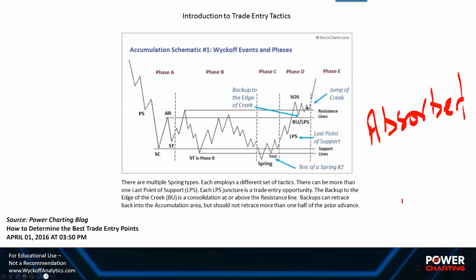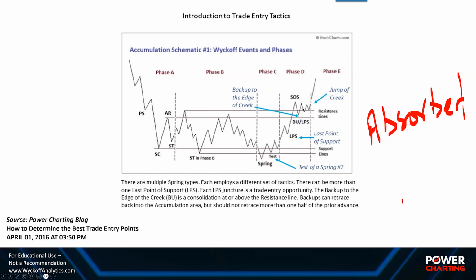And then the inability to have a big, deep reaction back into the structure after this strength is a very important tape reading clue that this is an absorbed stock that now is in the very strongest hands. Difficult to buy in quantity for institutions, and so they will start to buy on the way up. The composite operator types have been systematically doing their absorption all the way through the accumulation zone. And so they are the ones that have absorbed, where the other institutions are following along afterwards.